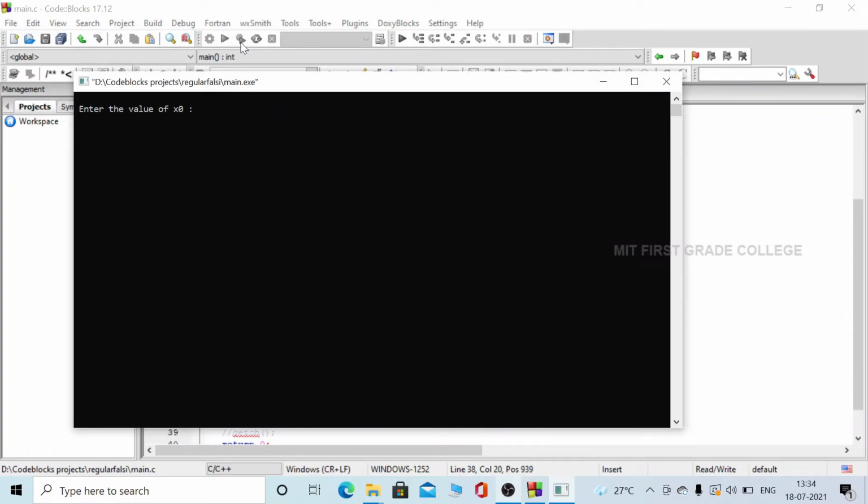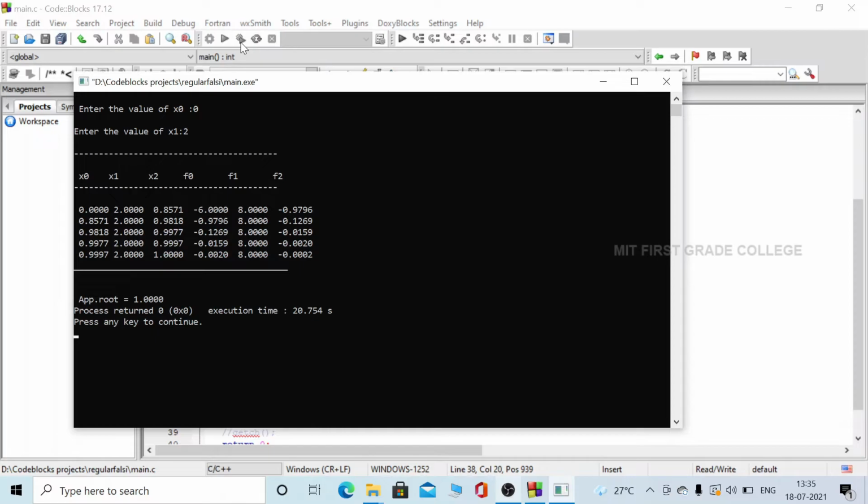So here you can see it is asking for two initial points. The first value it is asking for is the x0 value. Let me give the x0 value as 0, and it is asking for the x1 value. Let me give the x1 value as 2. Fine. So now let me run the program.